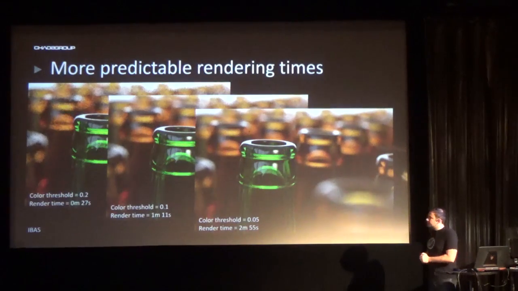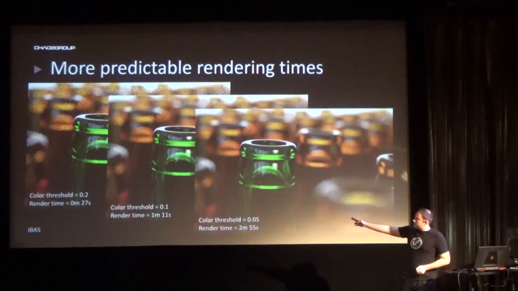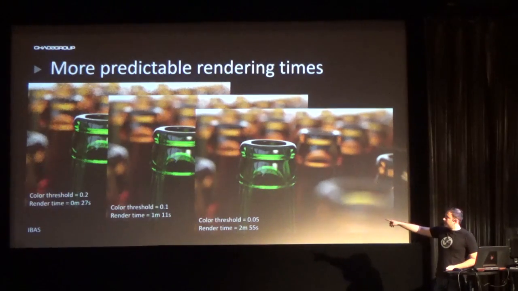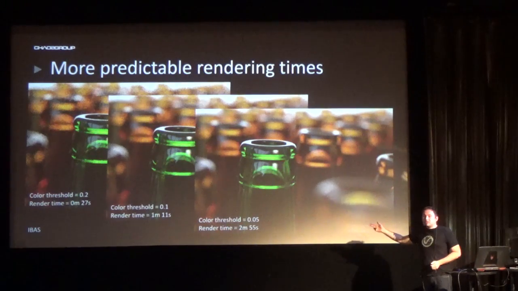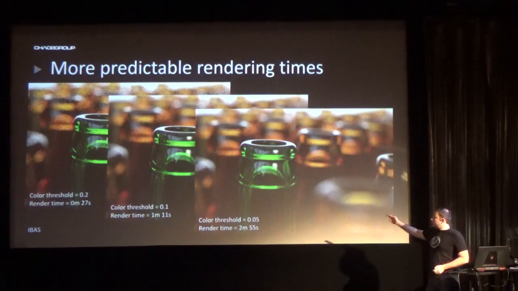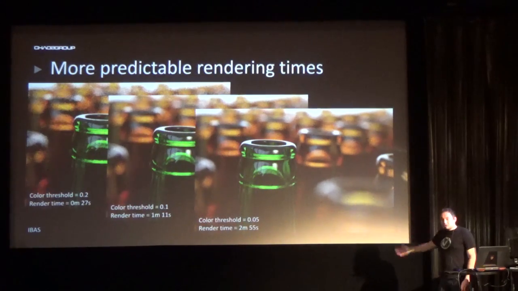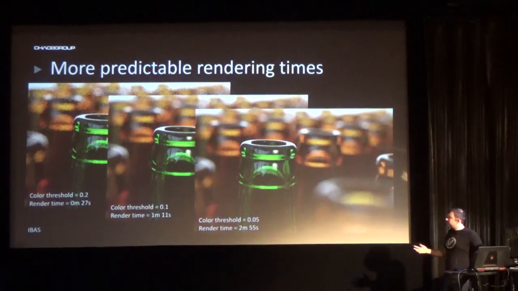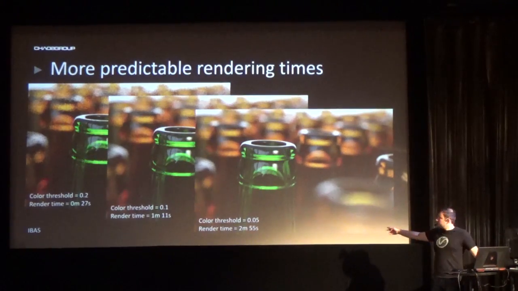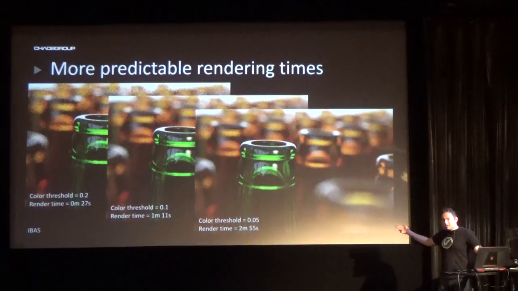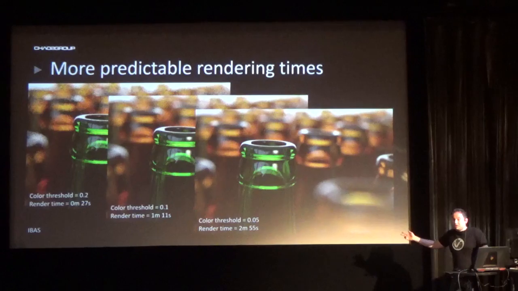More predictable render times. As you can see, we go from color threshold 0.2 with the old image sampler. If I lower that two times, I get a 2.5, even 2.6 times longer render time. If I go to 0.05, I get, again, about 2.5 to 3 times slower render time. So this is not exactly linear. If I lower this two times again, to 0.025, the render time went to 10 minutes, which is 3 or 4 times